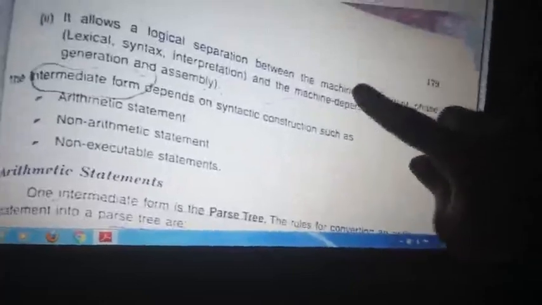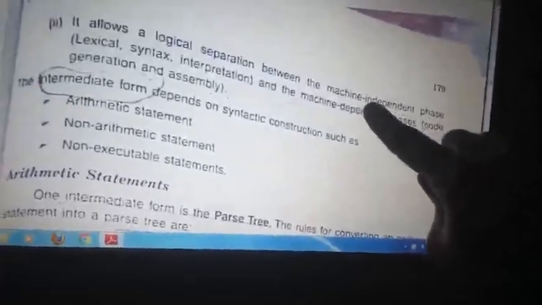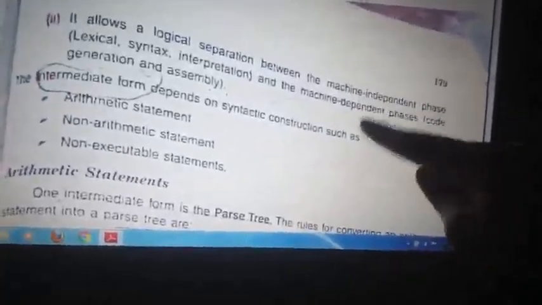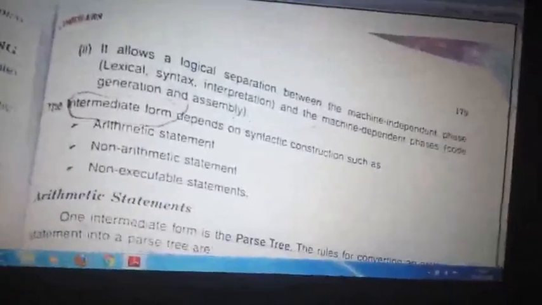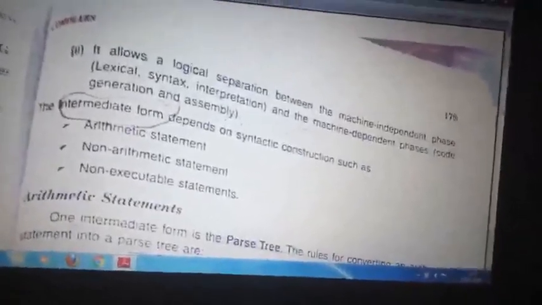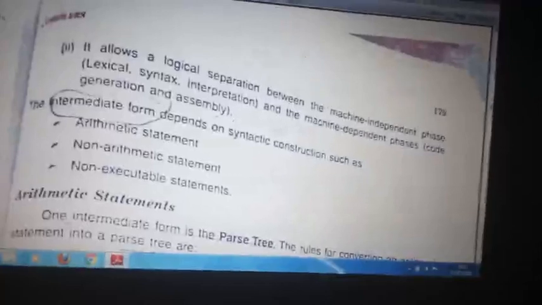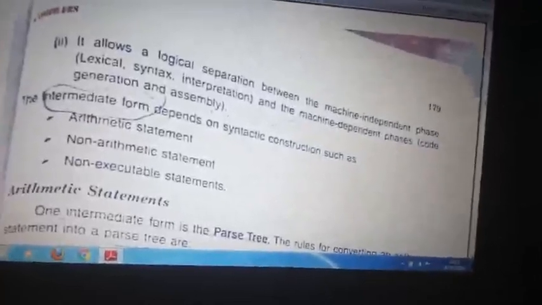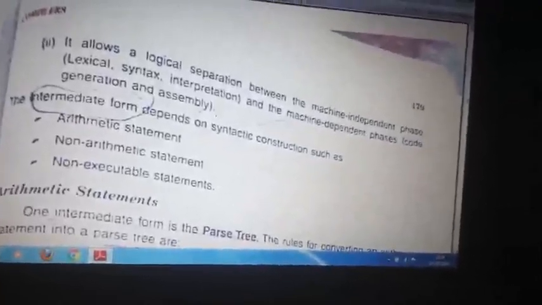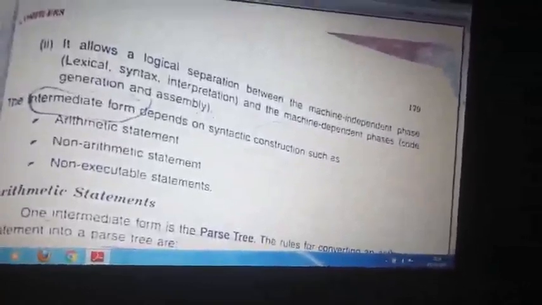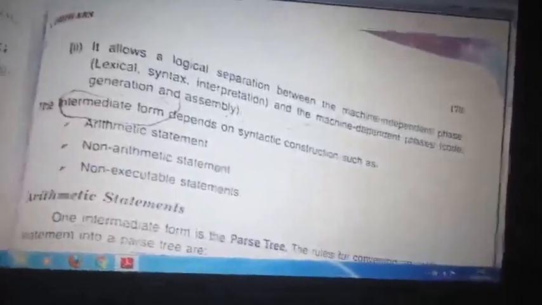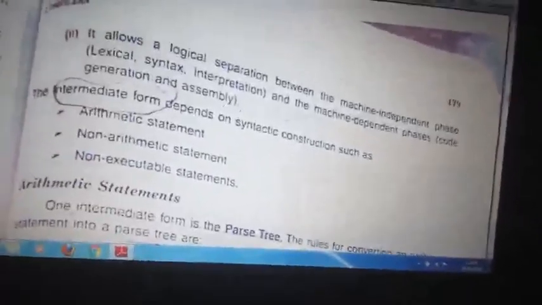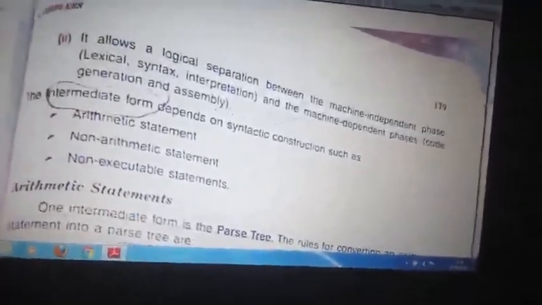So intermediate code helps to separate the machine-independent and the machine-dependent aspects. The analysis phases, lexical analysis and so on, are basically machine independent, whereas synthesis depends on the system, because now you are getting the object program, which is stored on the system. So what is the memory capacity, where the memory is, how the allocations are done: these are machine dependent. Clear? To separate these two, machine dependent and independent, we have the intermediate code.